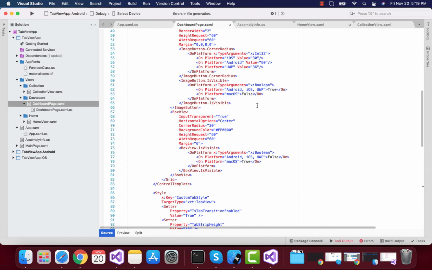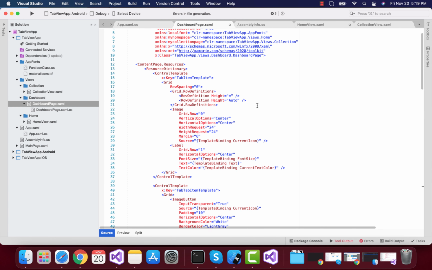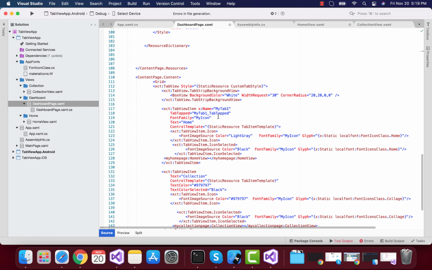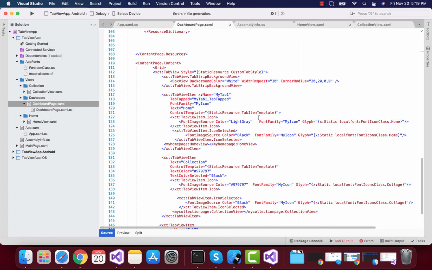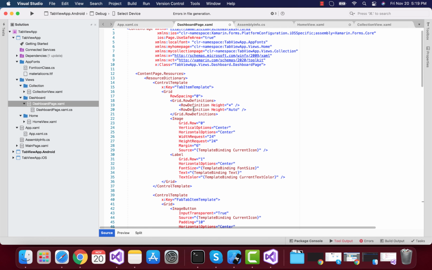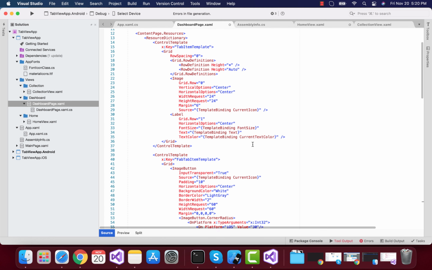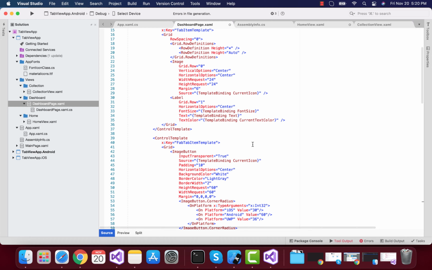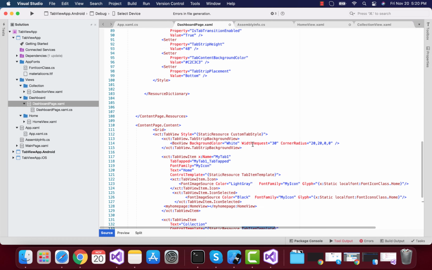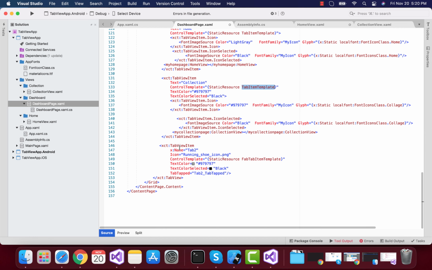So no worries, we are just going to call our tab view items all the properties, that is our control templates from here. So you can see over here our control template is defined inside our resource dictionary. So this is the resource dictionary control template. So this template is being called, where we are going to tell that we are going to place the icons as well as text row wise, that is row 0 and row 1, and you can just play around with those values. Same goes for our tab view item, that is a fab tab item.